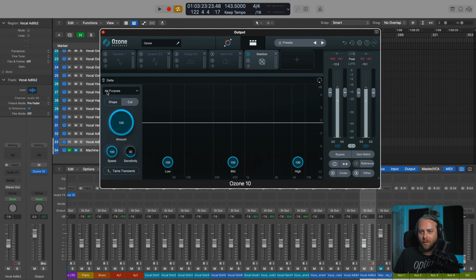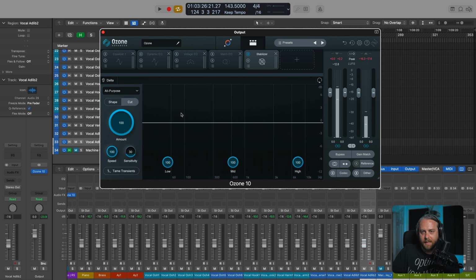And we also have delta, which allows you to hear the difference in gain. So what's kind of being taken away or affected by the stabilizer. So now we can hear what we're cutting, what we're pulling out. So it's really designed to be a one-stop shop for quickly EQing and getting a nice tonally balanced master with one plugin here. But of course, in the assistant, you'll see that the stabilizer and EQ1 work together to get you in that tonally balanced ballpark of whatever target that you're working against.